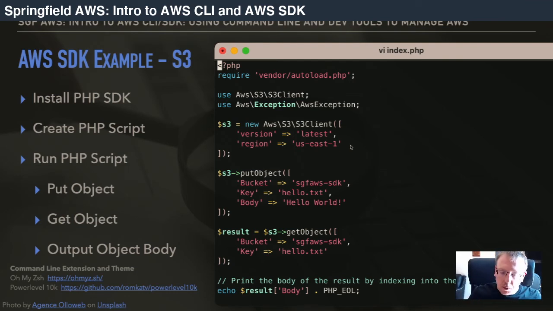So again, don't put the keys in your code. But we create that client. We do specify a version and a region. Now, if this is production code and it's relying on some pretty specific features, I highly recommend you lock in